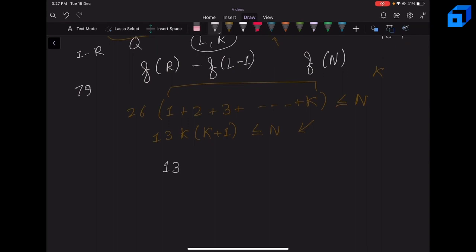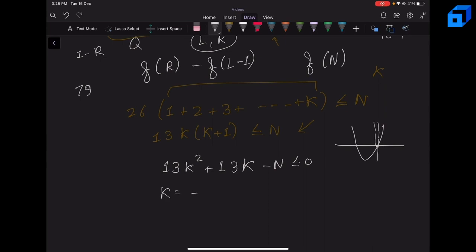So this is 13k square plus 13k minus N less than or equal to 0. So if the curve will be like this, we need to find the maximum k such that this value is negative. So the maximum k will be the maximum root, and since k is an integer, we will consider the closest integer to the maximum root. So let's find the root. So k will be